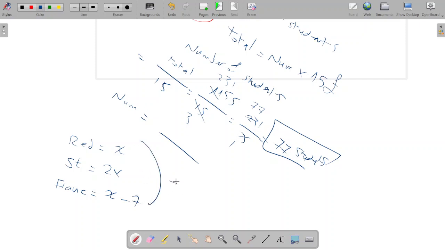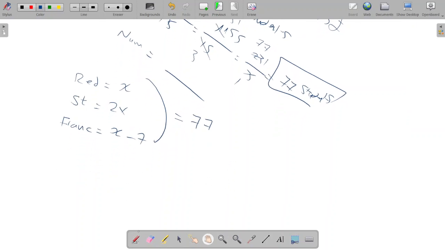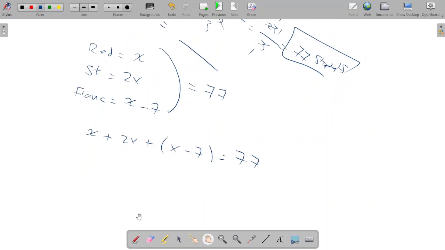All of that is going to be equal to 77 students, because that's the total number of students. So we're going to create an equation. We'll say that x plus 2x plus x minus 7 is going to be equal to 77. It means that 3x plus x minus 7 equals 77. It means that 4x is going to be equal to